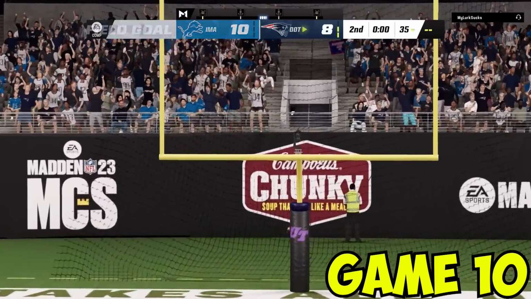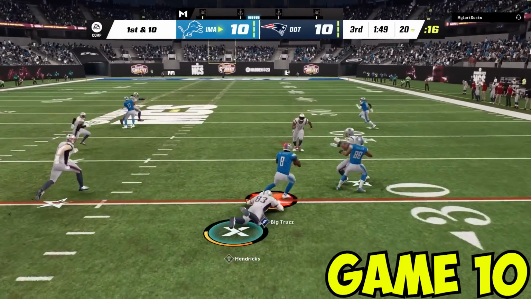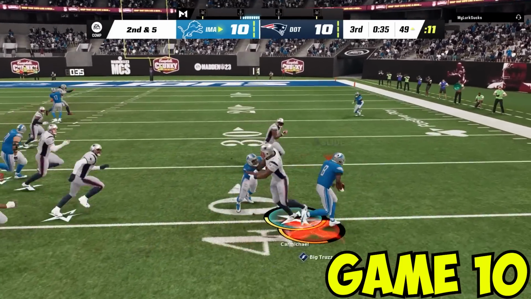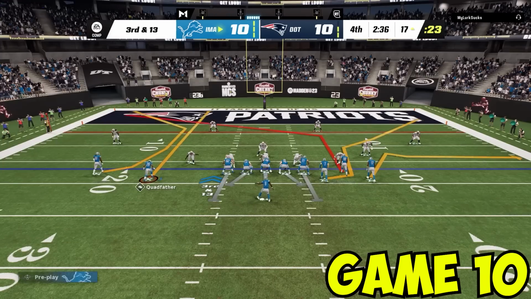It's 10-10. With us having the ball in a tie game in the second half, we are going to run the ball, and Big Truz is going to get going. His user keeps on hitting my halfback on the handoff, so we're just going to keep it, and we're getting really good yardage here, but there's going to come times where we have to pass, and on 3rd and 13,